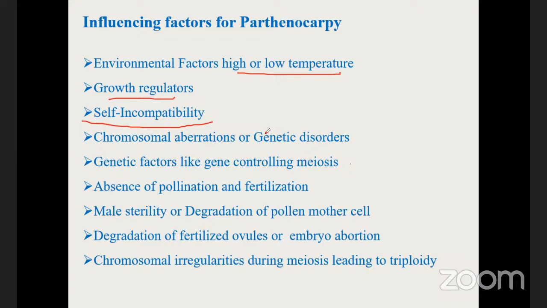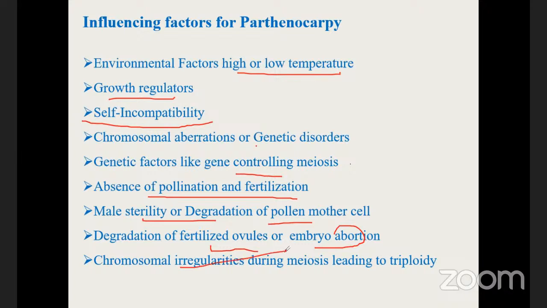Chromosomal aberration, sometimes genetic disorders, and genetic factors like genome control, mutations, hybridization, sometimes absence of pollination and fertilization, all influence parthenocarpy. Male sterility, degradation of pollen mother cell, or degradation of fertilized ovules, or sometimes embryo abortion,